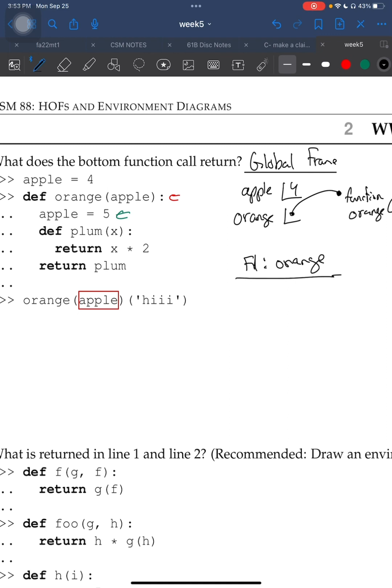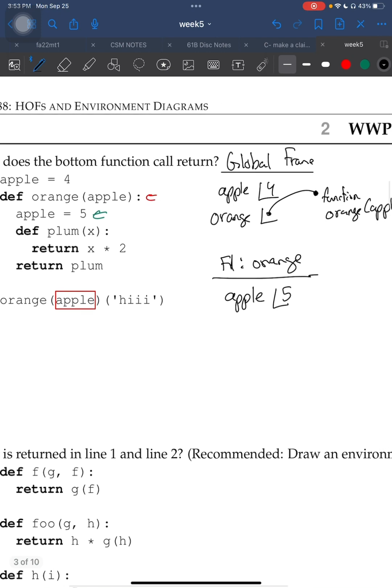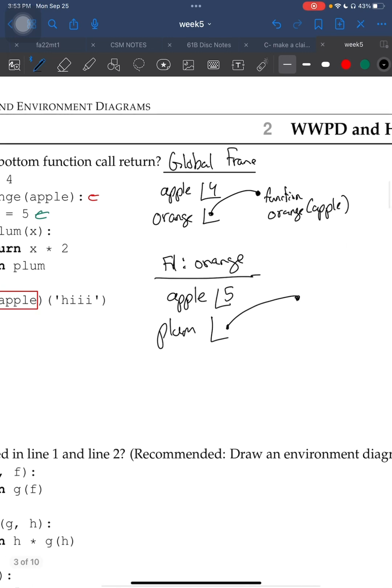And we're going to have another Apple variable that's going to be 5, right? And we have another function that's plum,